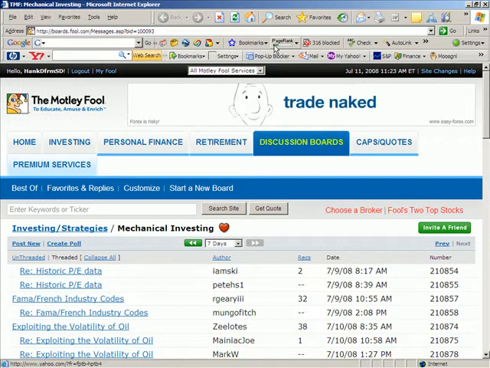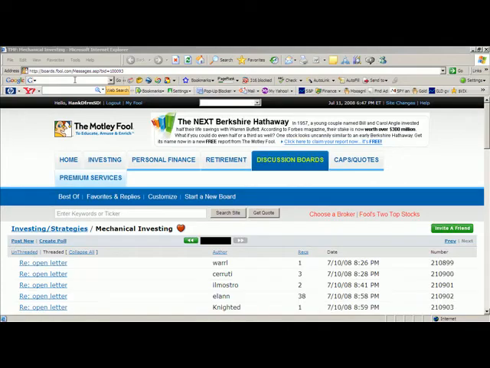This particular page of The Motley Fool that I have as my home page is ranked 3 of 10. It has a place to control pop-ups. It has a spell check. I will show you some interesting things you can do with this Google toolbar, but first